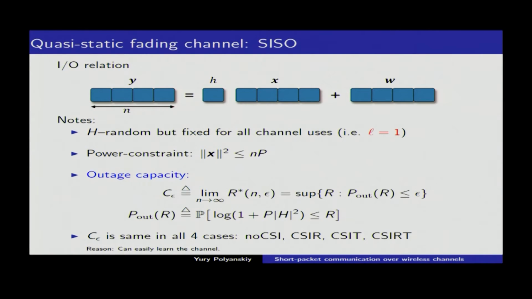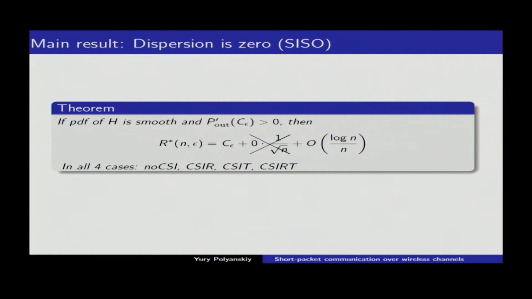Now the important thing is that here, none of the differences between the 4 regimes of channel state knowledge are important. Why? Because since the channel gain stays fixed, you can learn it with very few pilots. You can send one pilot, or maybe 200 pilots, and learn it perfectly at the receiver. For the transmitter, it's useless because you cannot do any beamforming; it's just SISO. So what did we prove? This is the math statement. Here we proved the convergence to the outage capacity of this.